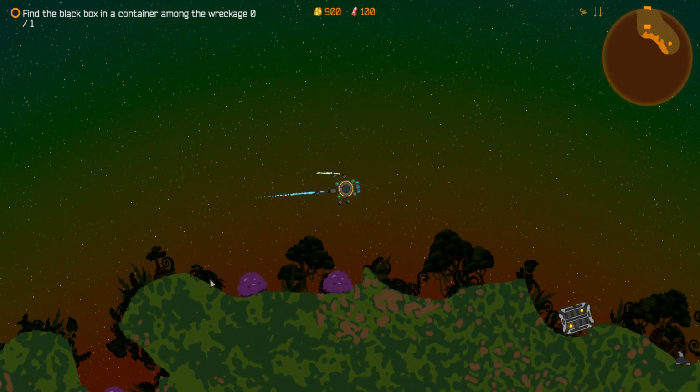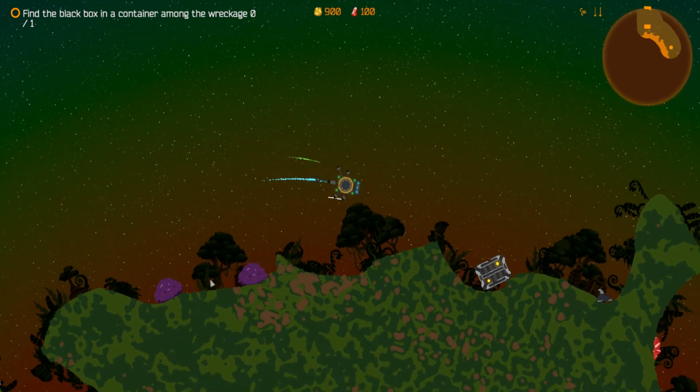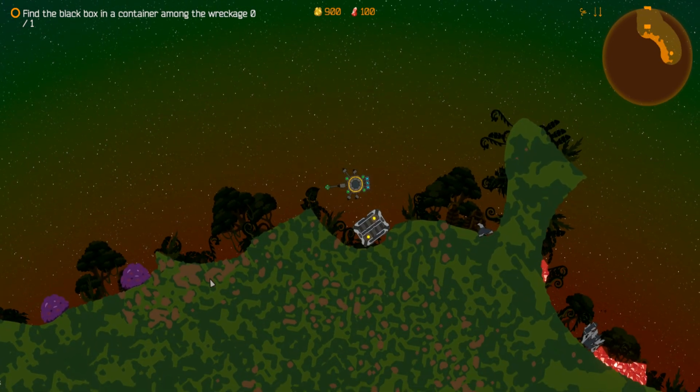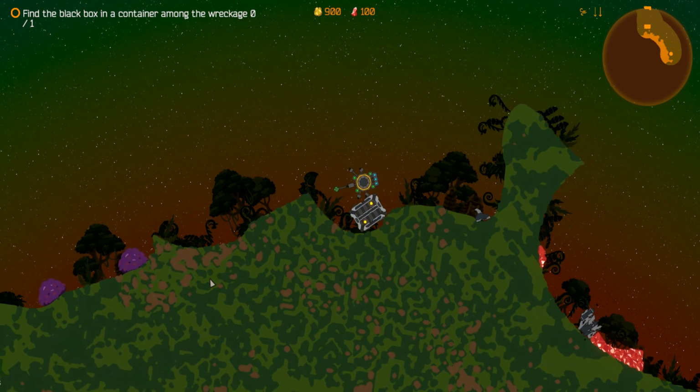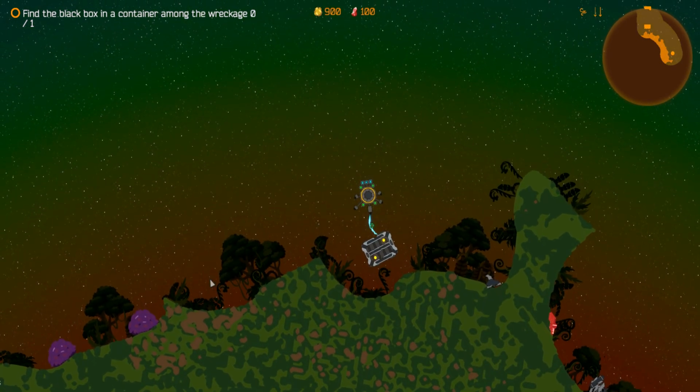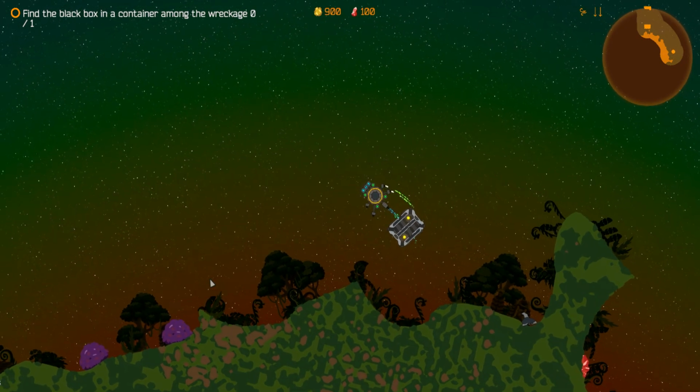There's the first container. So you'll see the container, and of course you also see chunks of metal sometimes. Alright, so there's the magnet. I'm engaging the magnet. And now we're going to have to thrust, and we're going to have to pick up the container